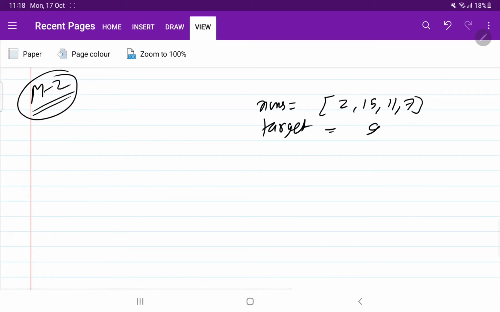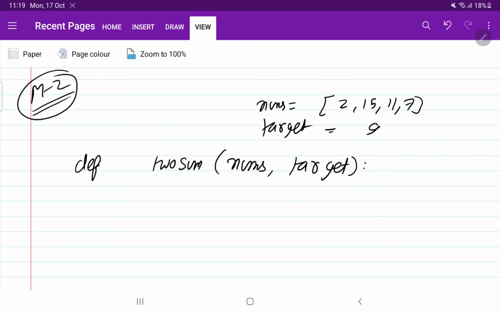First of all we are going to use a for loop. Let me write the function def, again the function name will be twoSum, with nums and target. These are the two things that we are going to get.